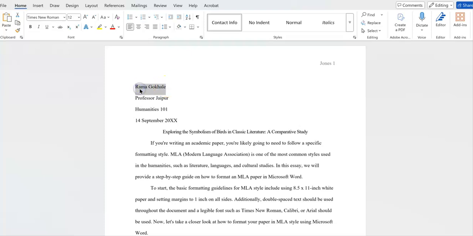You would change this to Janet Jones, whoever your professor is. They might go by Miss, Mr., Mrs., Professor. Know which one they go by. So if we put Professor, and then you change this to your class, which depends on what your class is, instructors may want you to spell that all out, but it doesn't necessarily have to be that way in my classes. And if I were to change the date, it's the same thing. You just want to be really mindful of doing this because if you notice, the date is before the month and then the year. So you've got